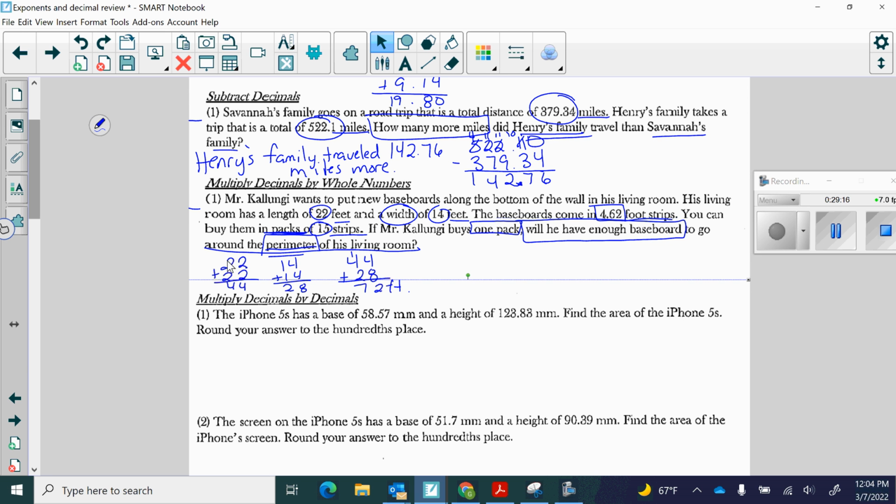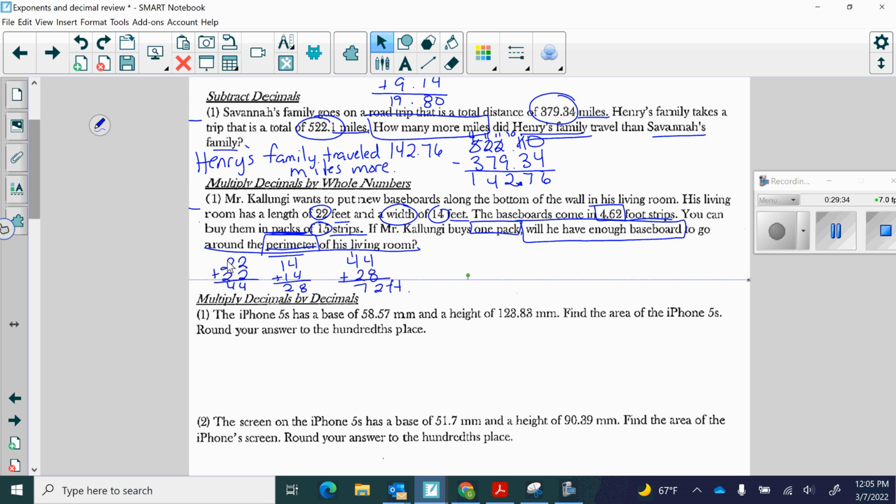Okay, so one strip is 4 62/100 foot, and there are 15 of them inside the box. So what do I need to do to find out how many feet that is? JJ? 4 62/100